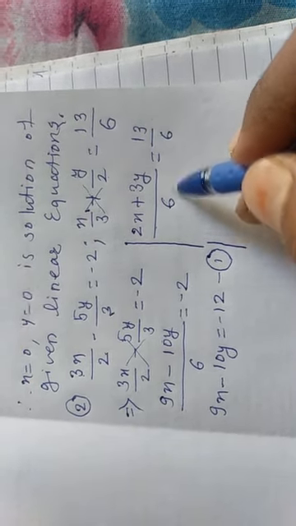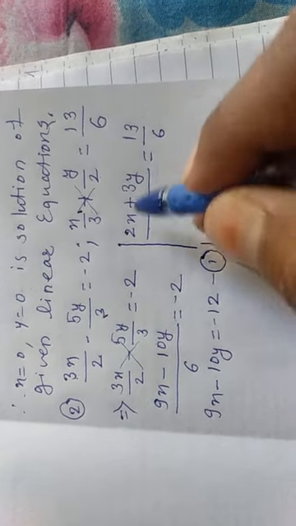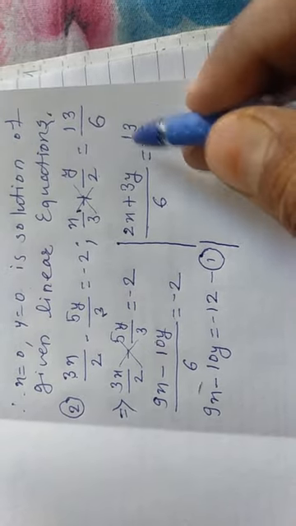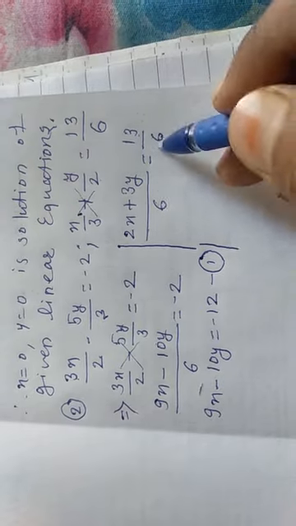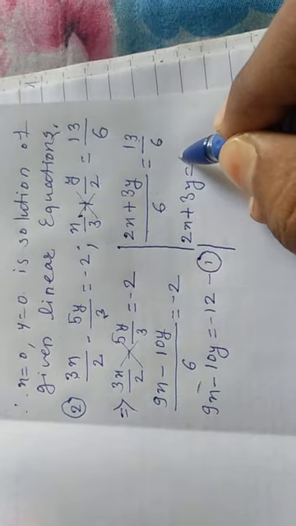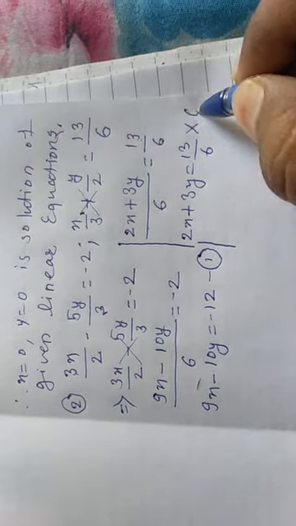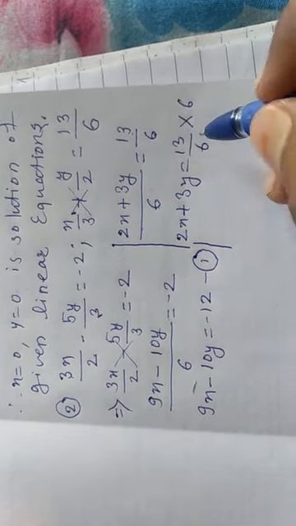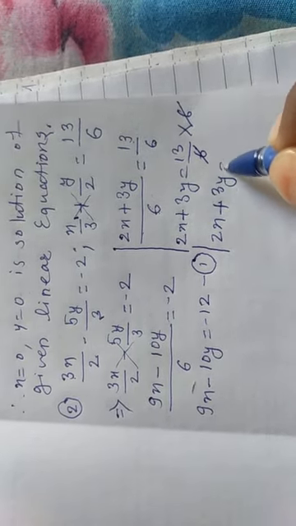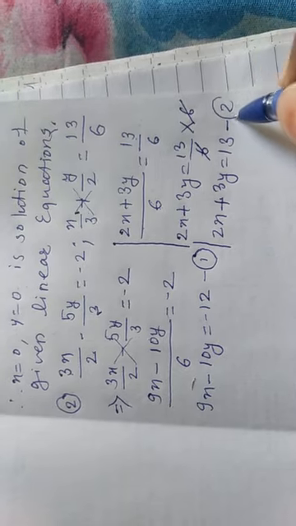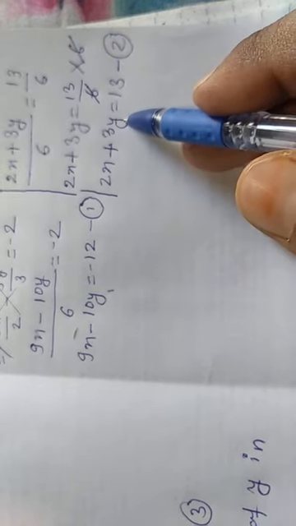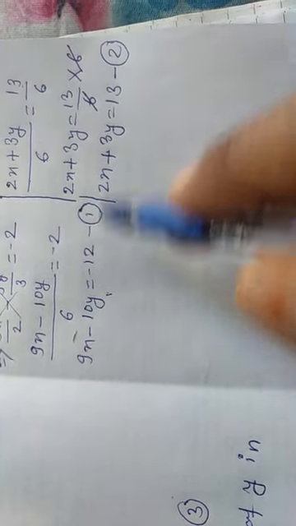If we take it toward that side, then it will be in multiplication. We can also multiply here like this: again multiply 6 with this bracket, 6 with 13, but that is somewhat complicated. It is possible to directly divide this 6 with this 6, so I will take here 2x plus 3y is equal to 13 upon 6 and into 6. This 6 is in division, that side will be in multiplication. So now this 6 and that 6 get cancelled. So at the last we will get 2x plus 3y is equal to 13, and that is nothing but equation number second. So now we have obtained the two equations, equation number first and equation number second. Now these two equations we will solve.